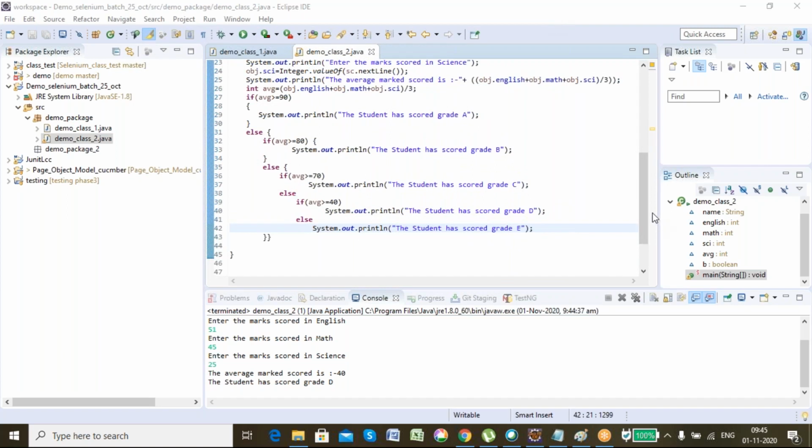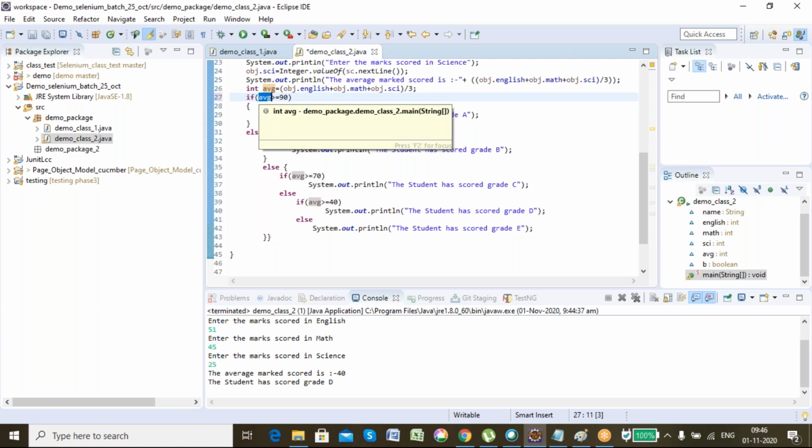Okay. So this is one conditional statement we saw. Similar to this, there is another conditional statement which is switch. Here you are thinking that I'm only comparing what? Integer. I can also compare character values also. Let me put it out here.